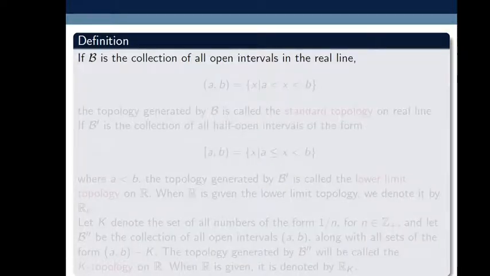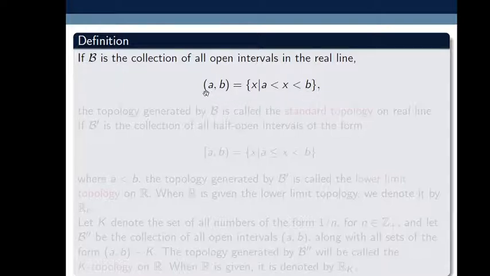Now next, definition. If script B is the collection of all open intervals in the real line, open interval a comma b, this is not an ordered pair, remember this is the open interval, defined as those elements x such that a is less than x is less than b.